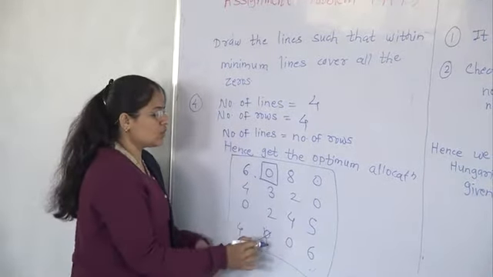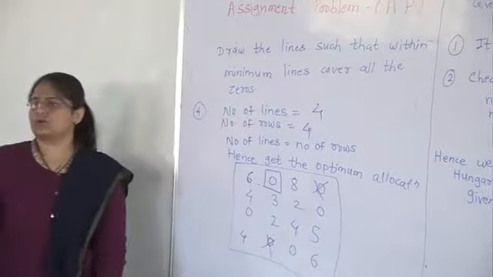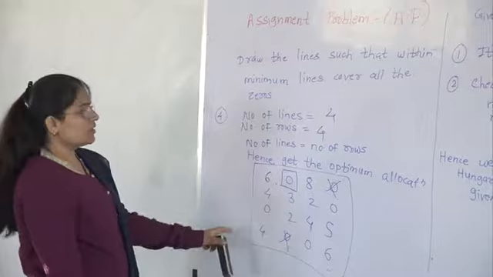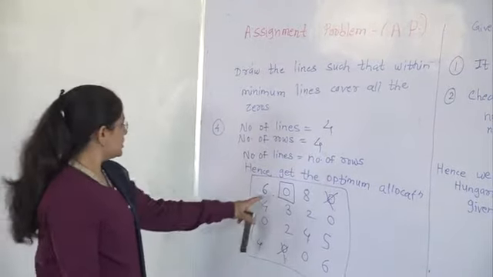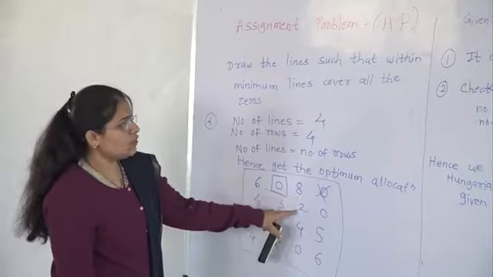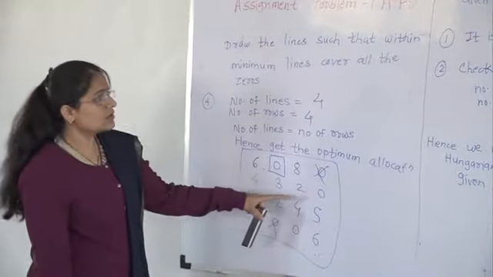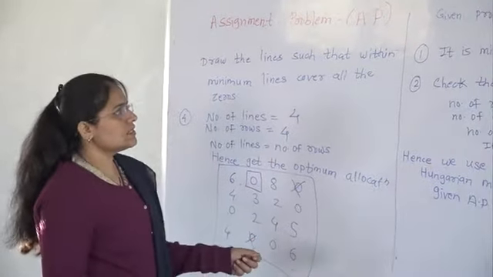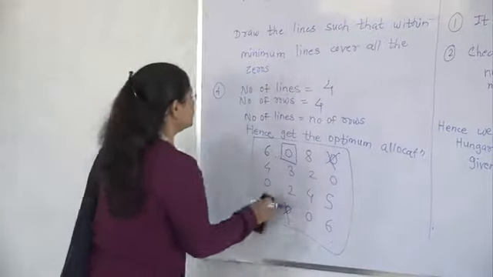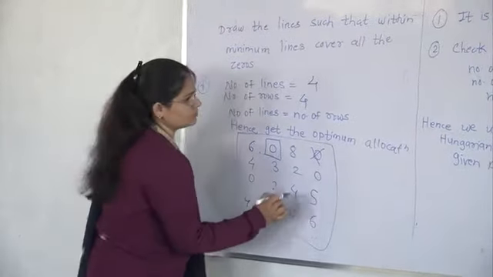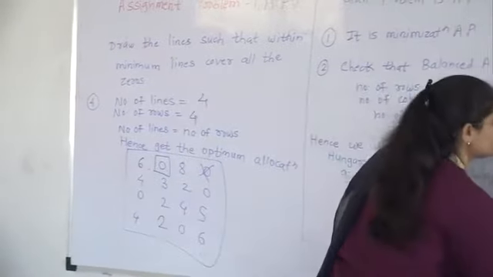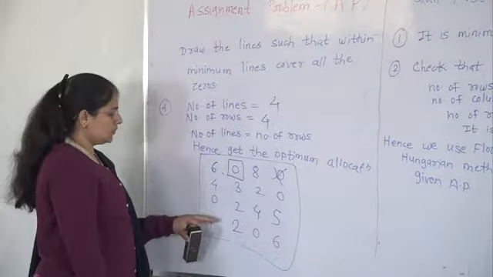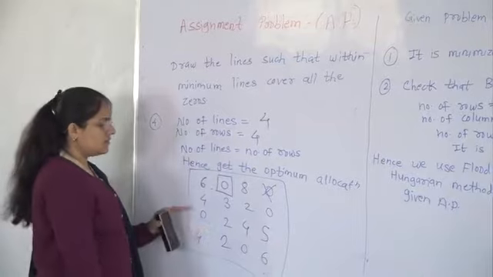That means here you cross, and also here you cross. 6 4 0 4, 0 3 2 0, 8 2 4 0, 0 6 2 4 5, 4 2 0 6. Okay, yes. Next,